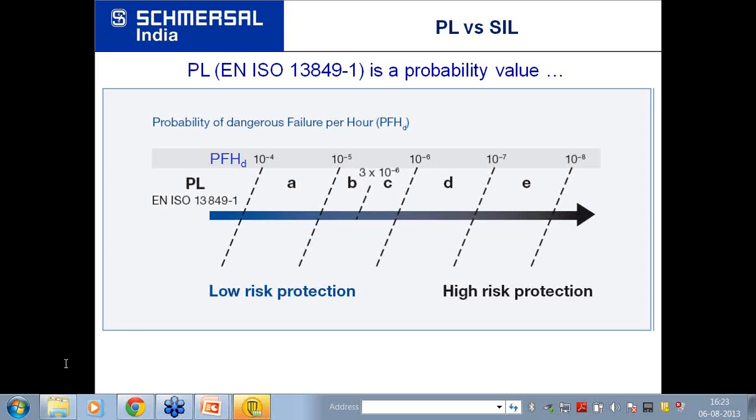It is EN ISO 10218-1. I hope now everyone has seen the robotic standard number.